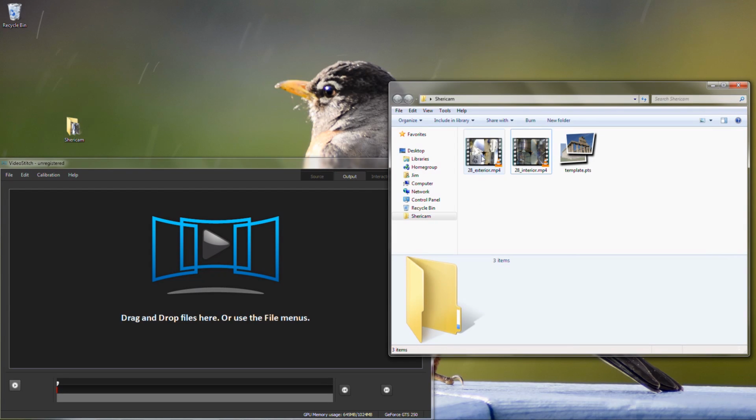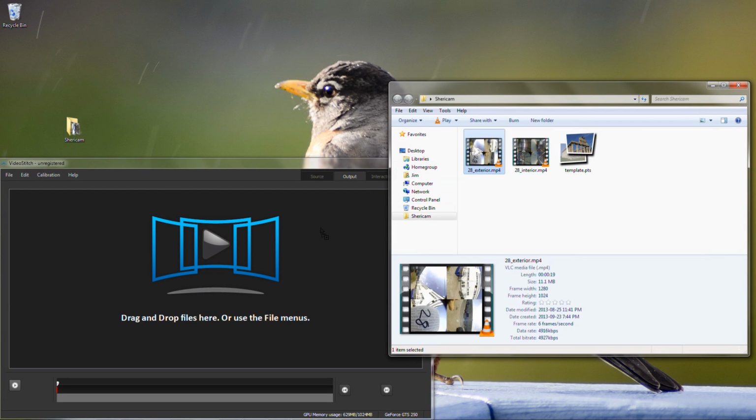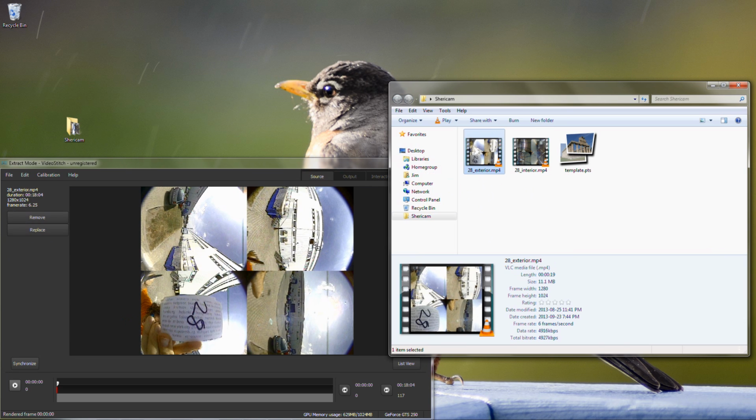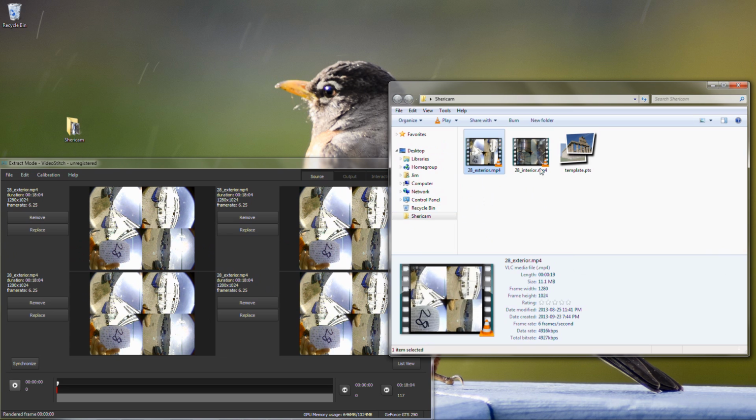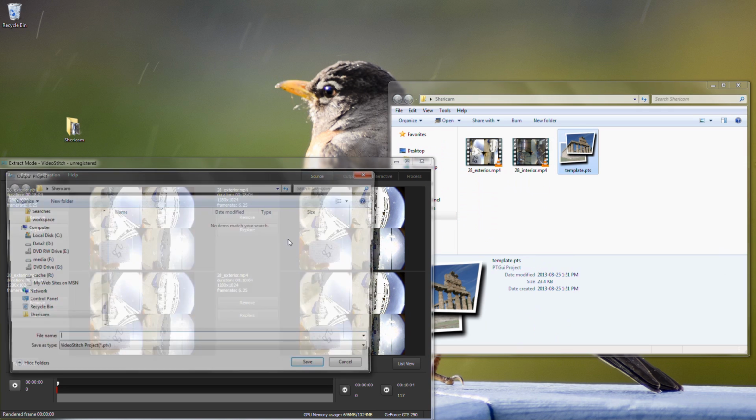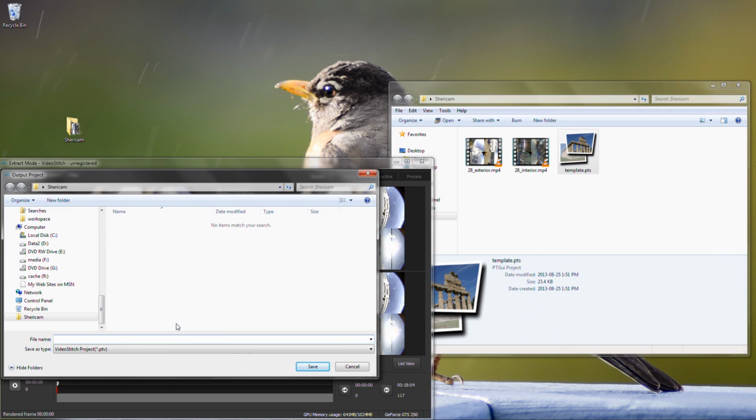Welcome to a screencast of calibrating a Sphericam using VideoStitch and PTGui. First thing we do is take 4 instances of the same footage and drop it onto VideoStitch. Then we'll add a template file, save that project,